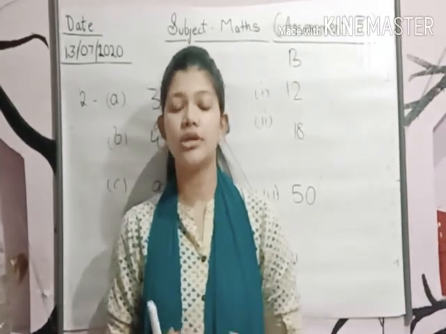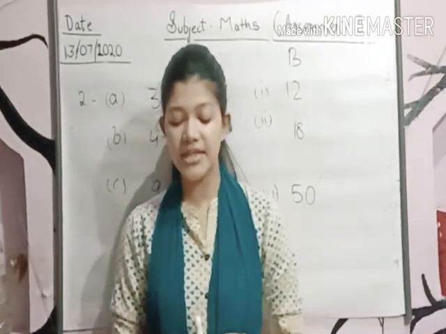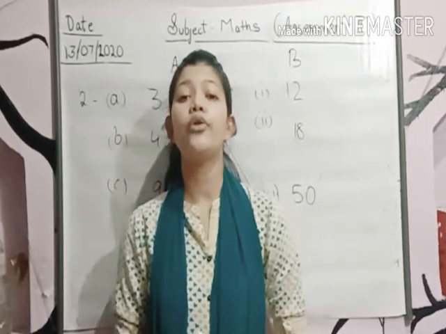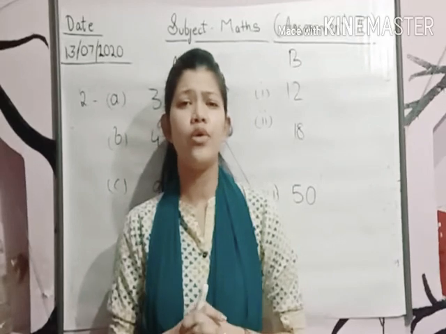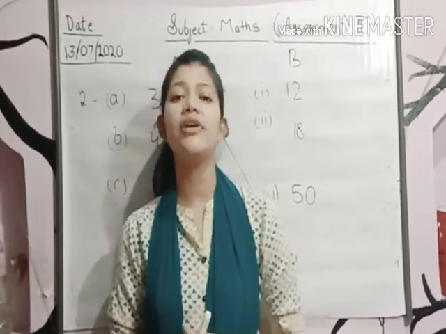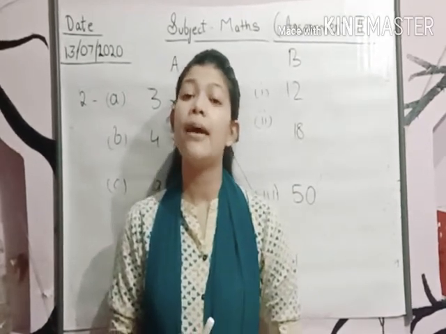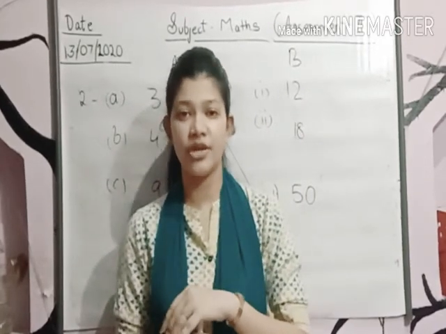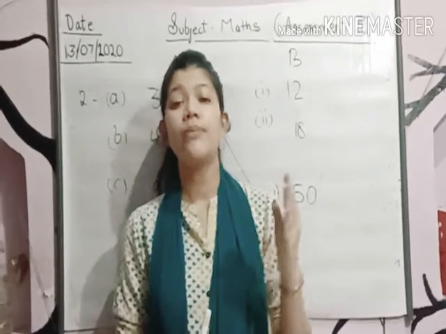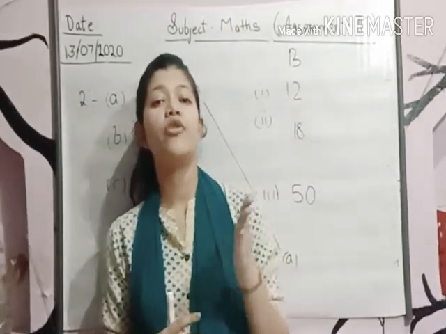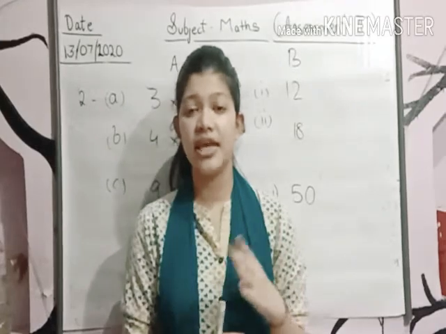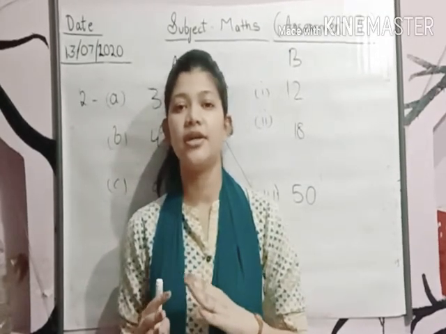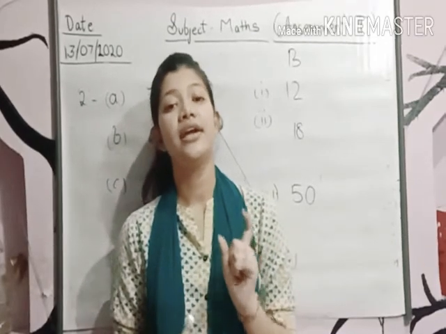Now let's come to the third one, that is: write the missing numbers using the tables. Now see students, you have to write the missing number. If you remember, earlier also we learned about missing numbers, but this one and that one are a little bit different. Why? Because earlier we learned before numbers and after numbers, but right now here we have to skip numbers according to the given number.